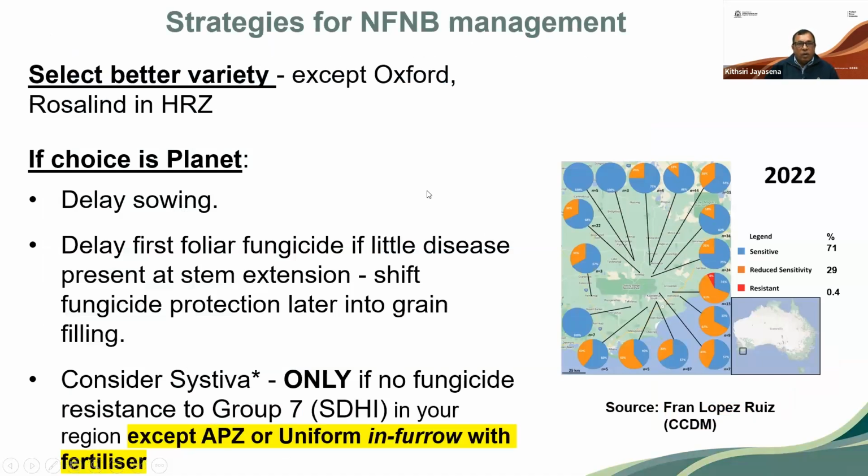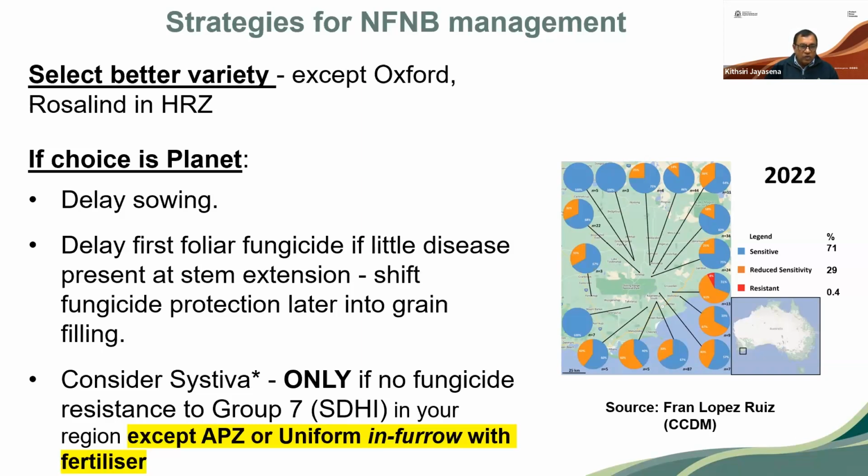Strategy for net blotch management. Select better varieties, except for Oxford or Roslyn, if you are choosing. I know some farmers are still using Planet. Delayed sowing will be helpful, as there is less disease. If conditions are not favorable, delay application of foliar fungicides, and consider using